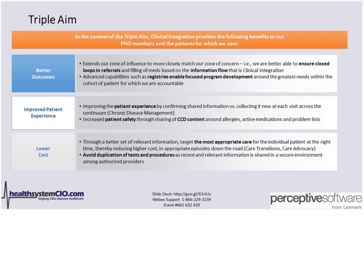In terms of better outcomes, we're looking at extending our zone of influence to more closely match that with our control of a network. So we ensure closed loop referrals, make sure the information flow is there. That's part of clinical integration. Advanced capabilities such as registries enable focused program development around better outcomes, the greatest needs within the cohort of patients for which we're accountable. In terms of the improved patient experience, by confirming the shared information versus collecting it new